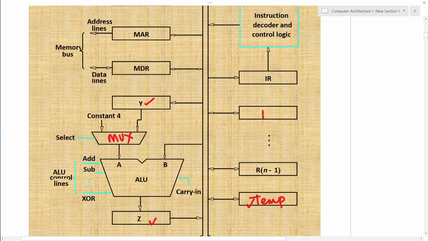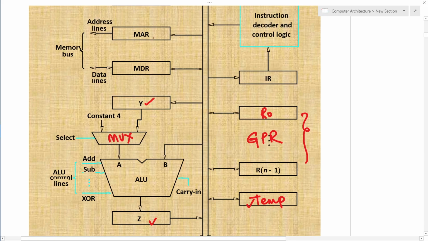And the registers R0 to Rn-1, n number of registers, are called general purpose registers. The purpose of the general purpose registers is to store data. Whenever an instruction is executed, we can place the operand in the register. Also, we can read the content from the register. So we are frequently using the general purpose registers in instruction execution.